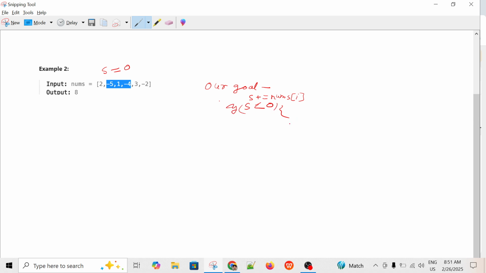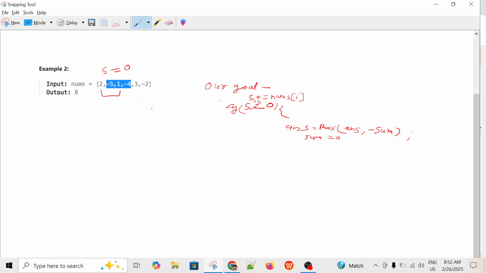if we find the sum is negative, we will update the answer with the maximum of the answer, because we have to find the absolute sum, so we will mark it as negative sum. So this is the sum, s, or you can say sum. So sum less than 0, this is the answer, negative, and we will mark sum as 0, because whenever we, let's suppose three